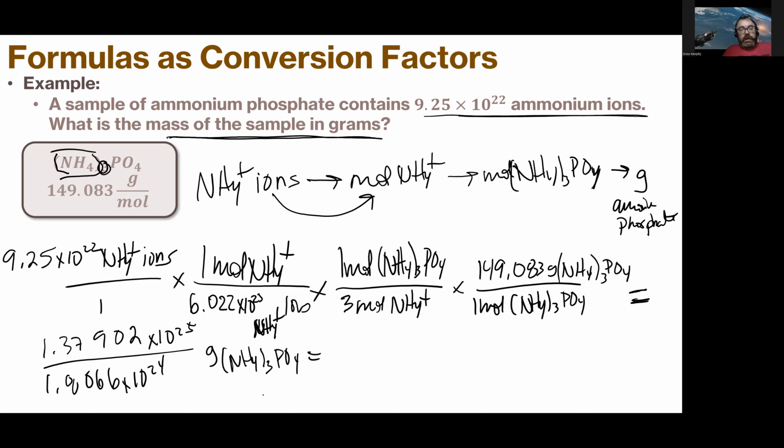Lastly, we're going to divide those two answers we just got. So this guy divided by that guy gives us 7.633221 grams. 3 significant figures because our starting ions was 3, so we'll round this to 7.63 grams